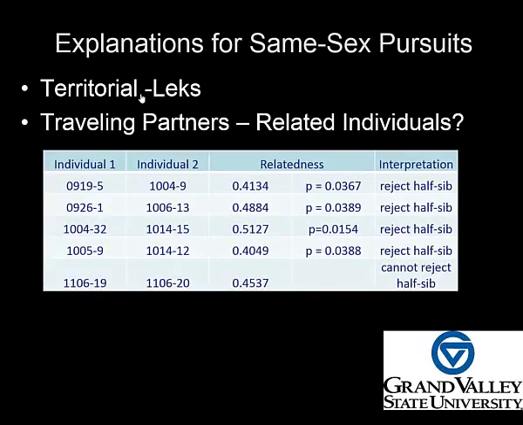One of the ideas that we're thinking about is that there's some kind of lekking or territorial behavior going on here. So perhaps the males are trying to establish social dominance, so when the rare female does come through, they have the ability to monopolize mating opportunities with that female. It's possible. Another thing that we've considered is, well, maybe since these bats are in the act of migrating, these bats are related individuals.